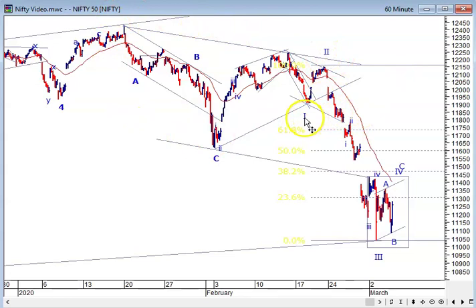Now, if that's the case, then this is not 1. Actually, this entire fall is 1, and what you're doing is a wave 2 bounce. If you're doing that, it would fit with a larger B structure with Bank Nifty, where you can get a 50% or 60% retracement. The only thing is, in these retracements, we end up filling the gap, and that's something that I've been unsure of. I thought the gap zones that we've left behind, either in the US indices like the Nasdaq,